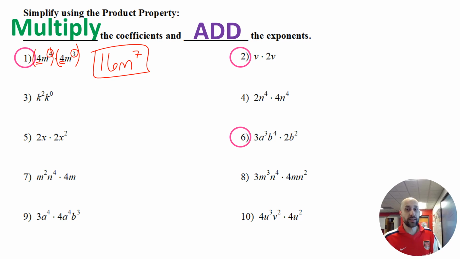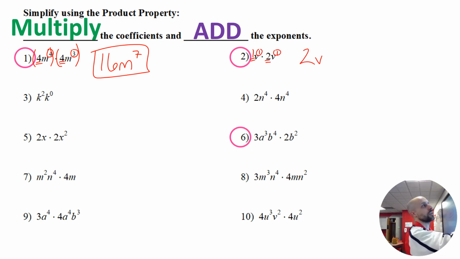For number 2, remember there's those hidden exponents. Those will be very important, those hidden ones. So again, the coefficient is 2, or 1 times 2 is 2, and then we add the exponent, so v